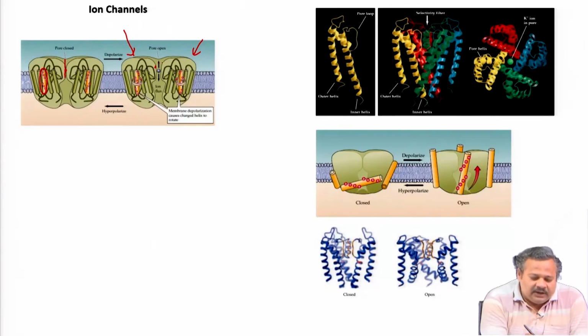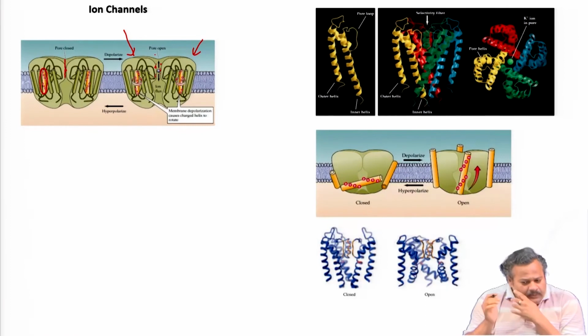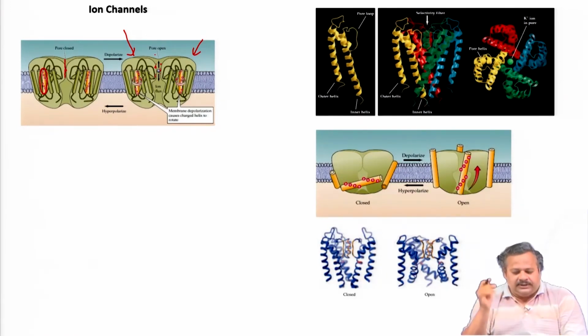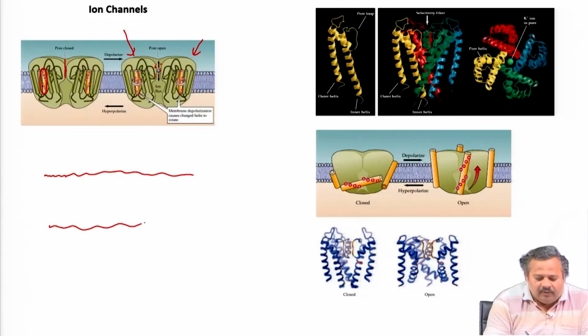And the selectivity that we have is actually based on the amino acid residues that are present at the pore opening, and that will allow a particular ion to go through and stop the other kinds of ions. Later on, gradually the hypothesis about the potassium channels came out with the final ideas that showed that if we have a membrane like this, then each of the units of the potassium channel is made up of 6 transmembrane domains, and they are basically S1,